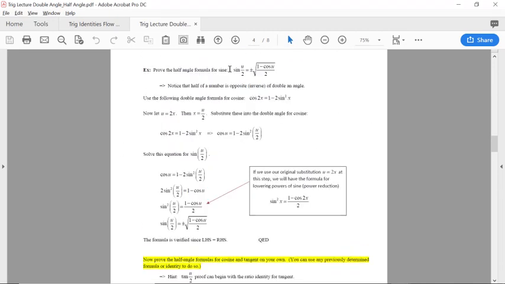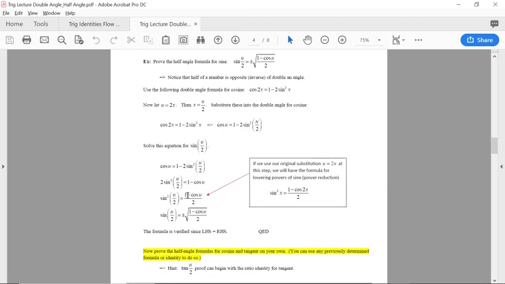Okay, prove the half angle formula for the sine. And I do exactly what I just suggested, which is we make a substitution. We say, well, look, doubling an angle is the same as taking the half of an angle, but in reverse. So we're just going to change the equation to represent that we're actually considering the half of an angle rather than the double of an angle. And then we solve it for the half angle. And in the process of doing this, by the way,